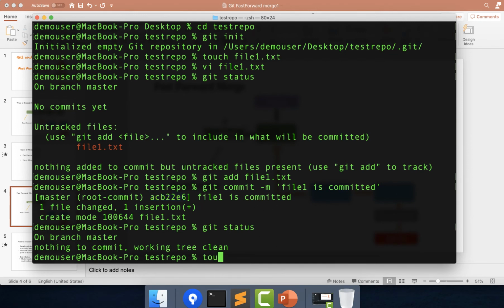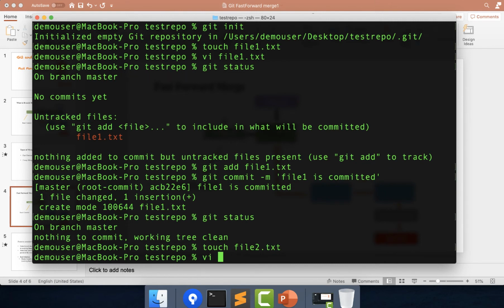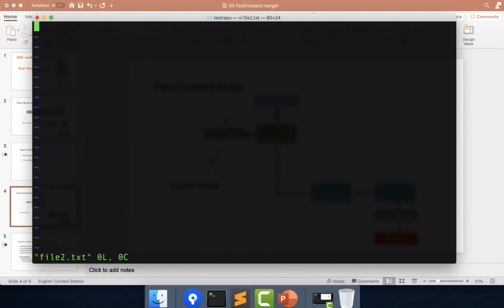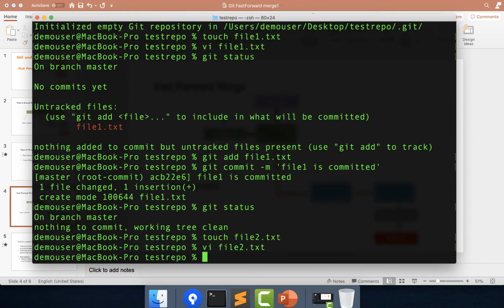I will type touch and create file2.txt, and I will again edit this file. In the edit mode I will say file2.txt is created. I will again check git status.